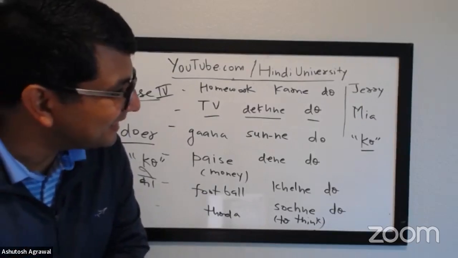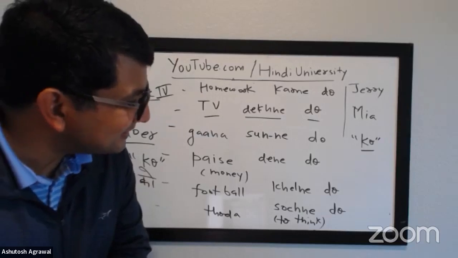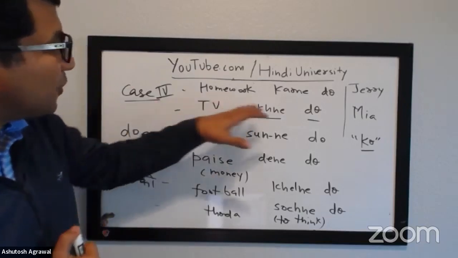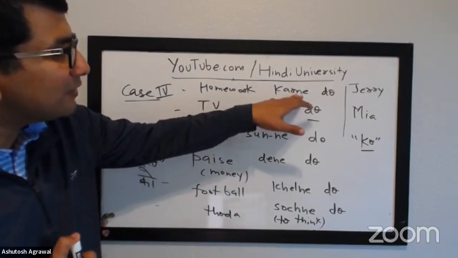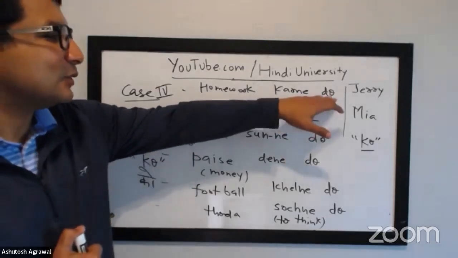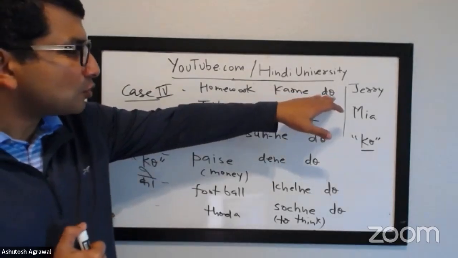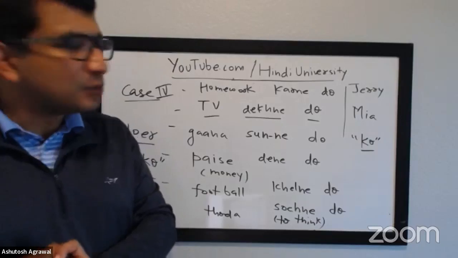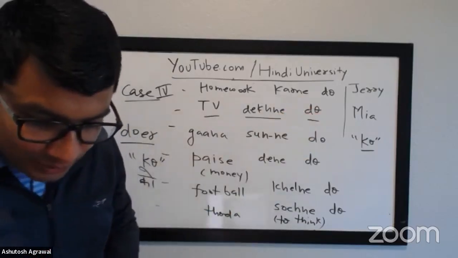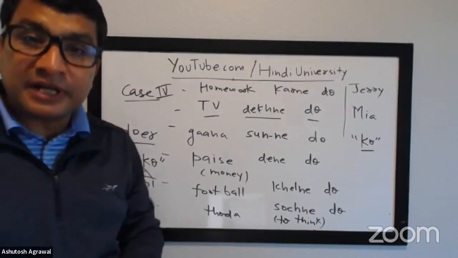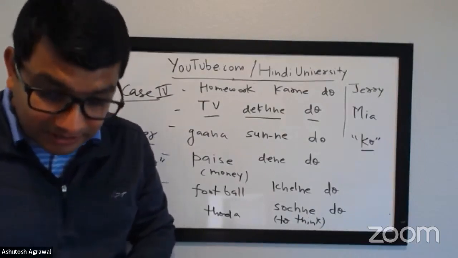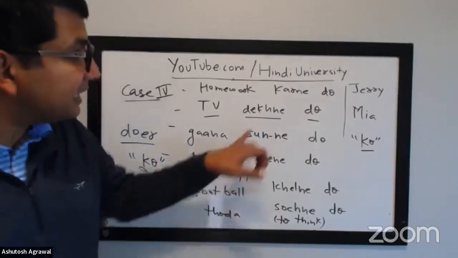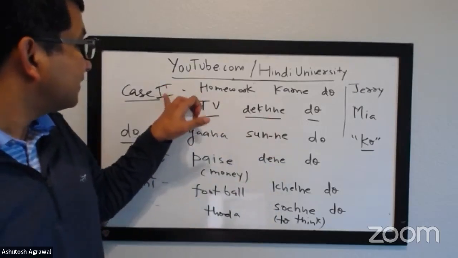Okay, I thought there was still case 2. Did I miss case 3? I thought we were on case 2. The first one was just getting used to it, karna plus. So case 0 was really adding them, and then getting used to changing it to karne, and then we added some imperative next to it. Padhne do, padhane do, bolne do. Then we did TV dekhne do. So maybe it's a 3. Okay, that's why I was confused.